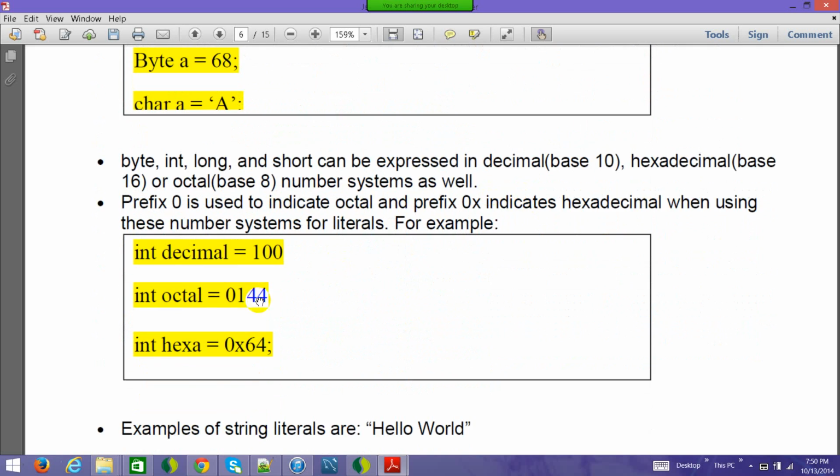Now, if you see the numbers which are highlighted here, decimal is equal to 100, octal is equal to something. Say you are reading about the basics of Java programming, right?